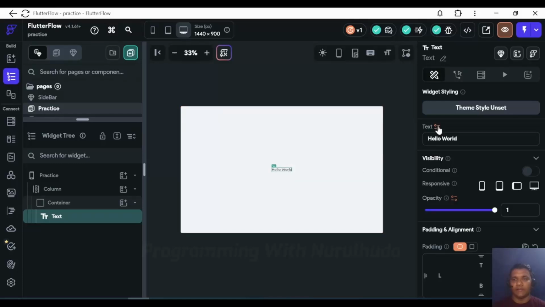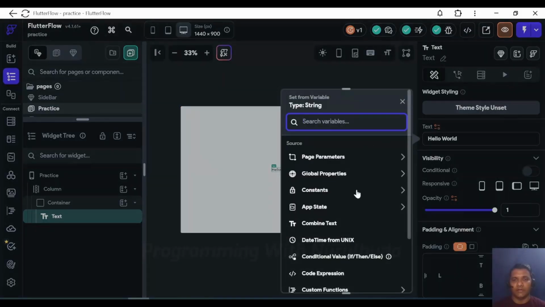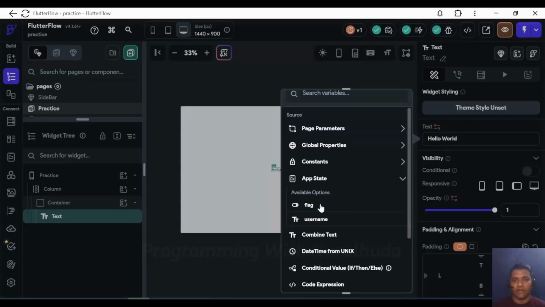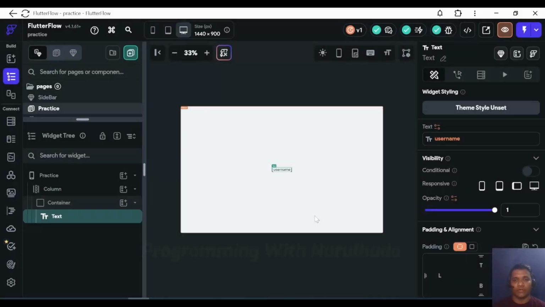For that I click on the text, and here is abstract. So abstract is shown here. I click, and now the two abstract variables we added are shown: one is flag and the second is username. So I want to bind this username to this text widget now,